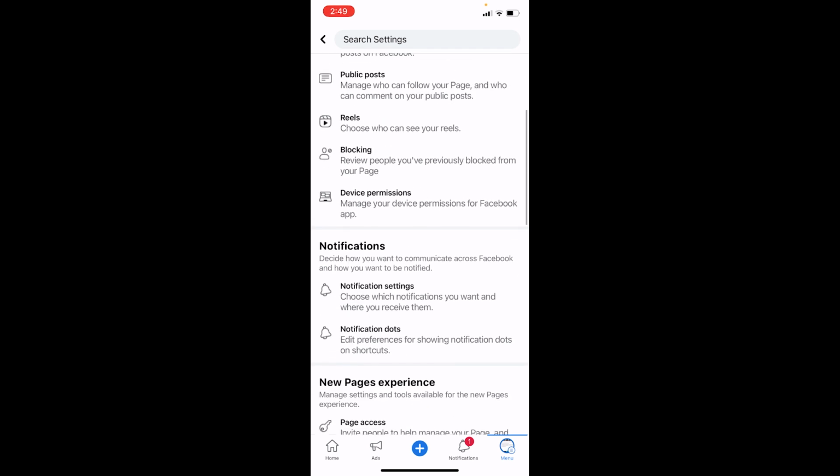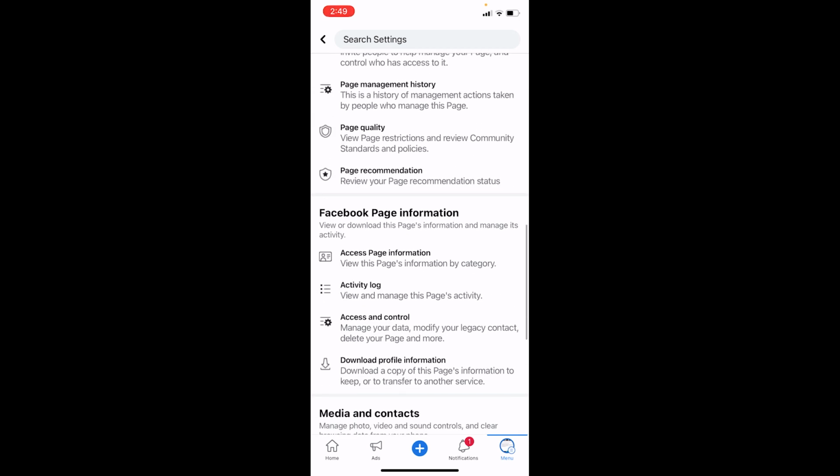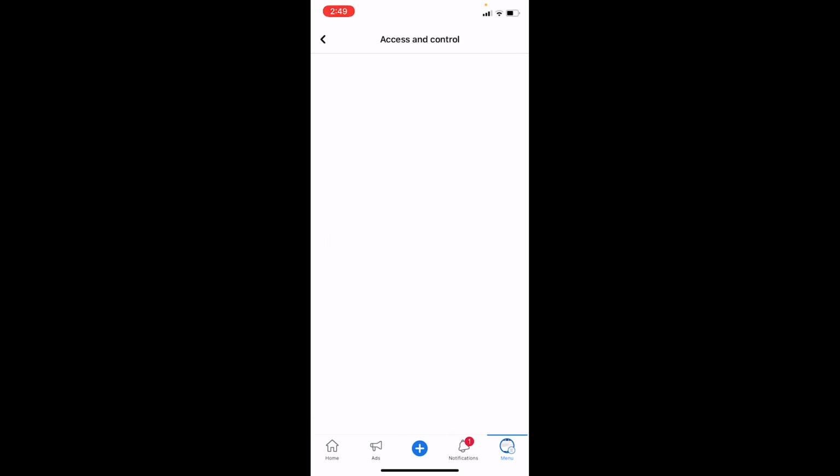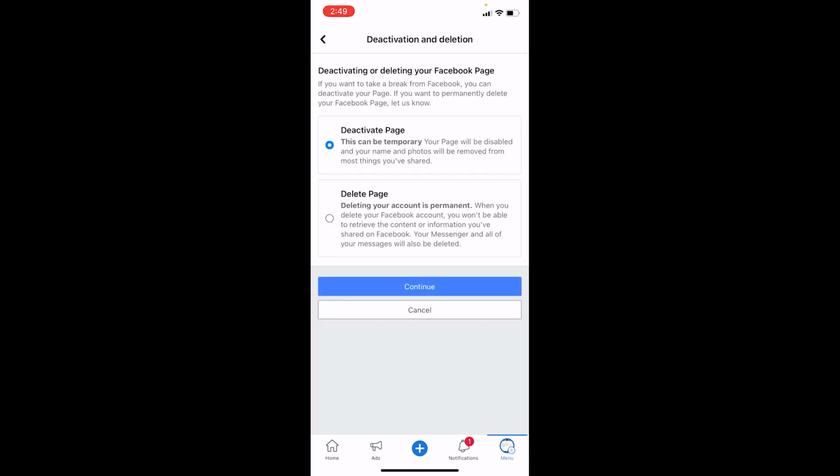Over here, scroll a bit down until you see this option called access and control. You want to click on access and control. Over here, the first option, deactivation and deletion, click on it. Once you do that, you want to choose the second option called delete page because we want to delete our